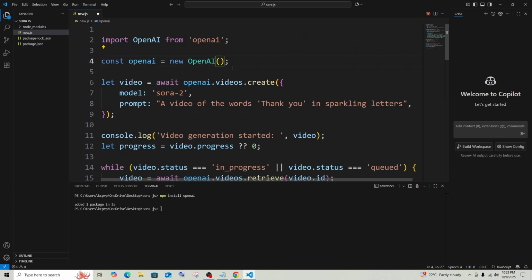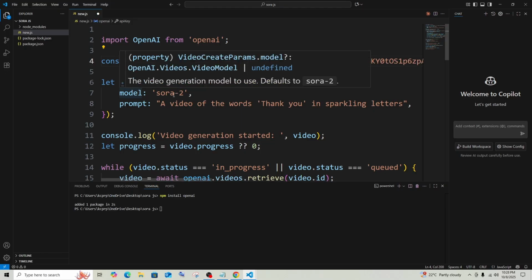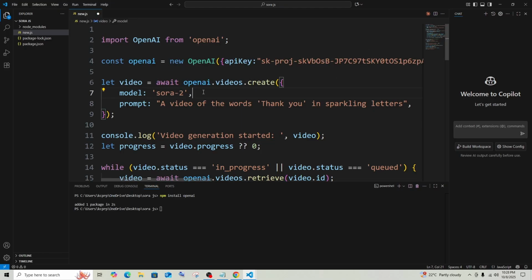So now we need to add the API key. It's going to be curly brackets, and within that it's going to be apiKey with a capital K, and within double quotes just put your API key, or you can have it in an environment variable. This time I'm just going to go with the default, Sora 2, because the default time is 4 seconds, and a video of the word thanks in sparkling letters. Yep, that works for me. And let me just simply run this. It's going to be node space